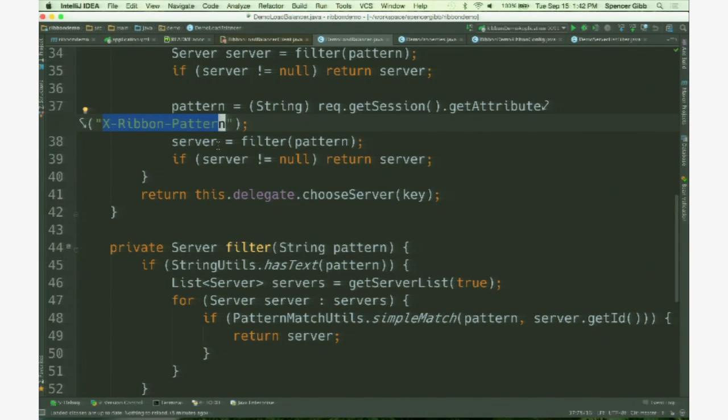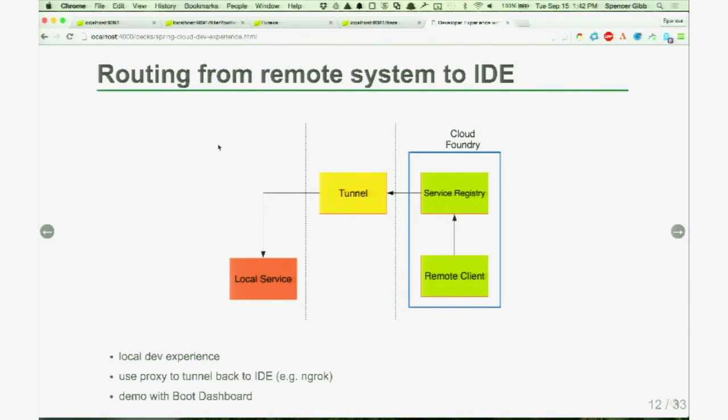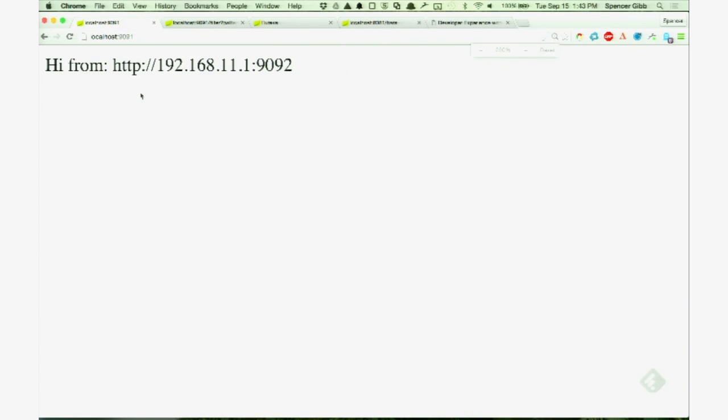So now, if you're doing it per session, then you're basically saying that each user can have their own pattern, right? Bingo. So I created a client, again hosted in my same application, but one of the things that Rob had just implemented was being able to find a session by a user ID. So you could potentially have some user interface or API that says, hey, give me the session for user X that is logged into your system, and then we can find it. So that's basically all this little API here is, to set that attribute for my session. I've already logged in. So I'm going to set it to 3 instead,